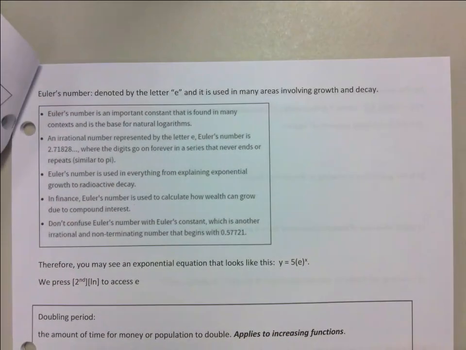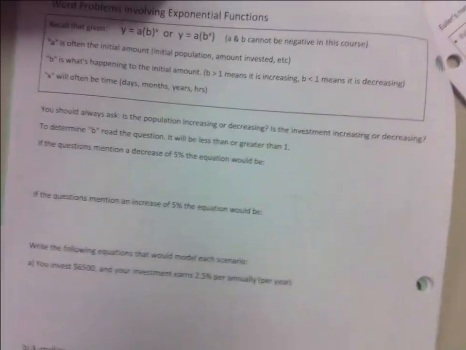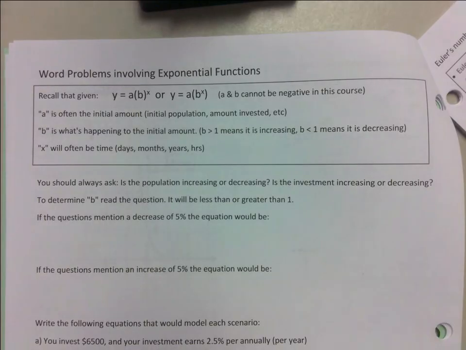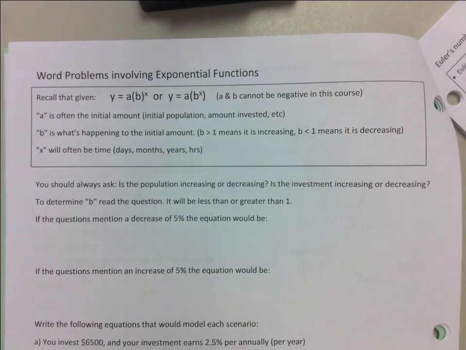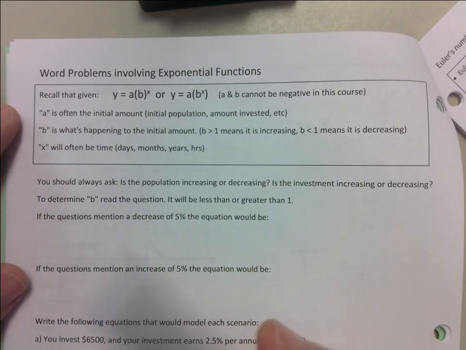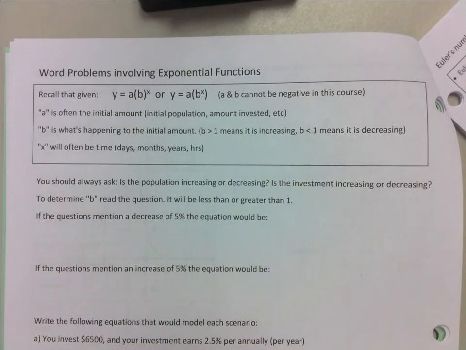Okay, so let's go to page 7. This is where the lesson probably got into this. I asked you to stop after page 6. A and B cannot be negative in this course. You don't have to worry about that. You're never going to be getting something like that. But if you ever do a regression and you get a negative, you're in trouble. Okay. So when it comes to word problems, I'm going to actually start a new